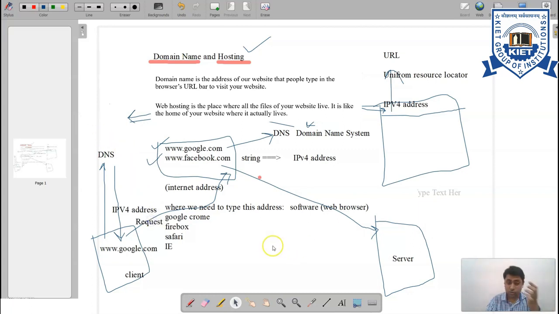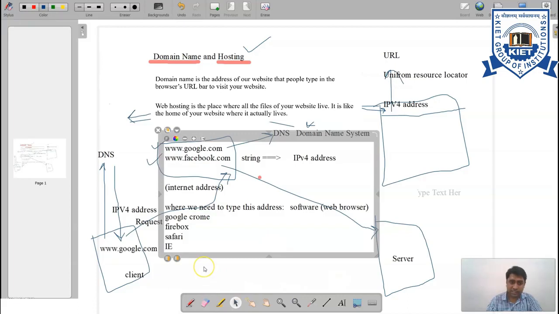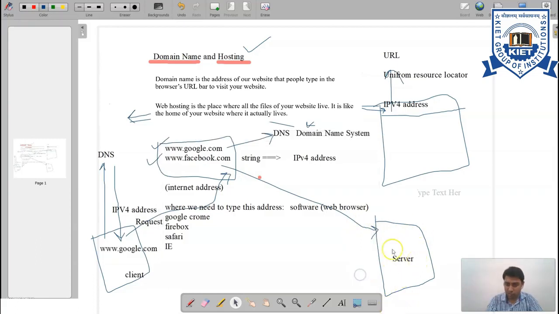Once I send the request to this address, this address is related to the actual memory location of my file. So immediately, the first file, most of the time it might be default.html or your index.html, or if you are using any server-side scripting, it might be JSP, ASP, or PHP also. In that scenario, once it gets the request, it sends a response in the form of